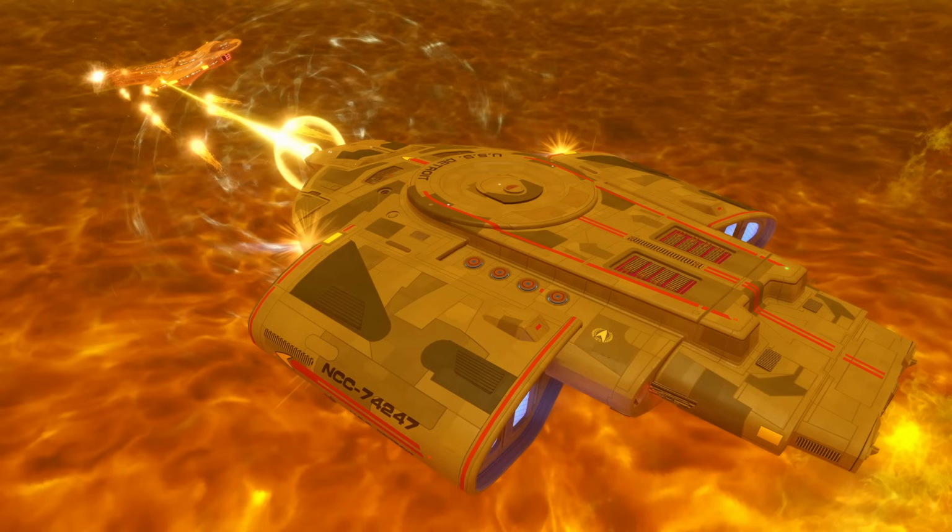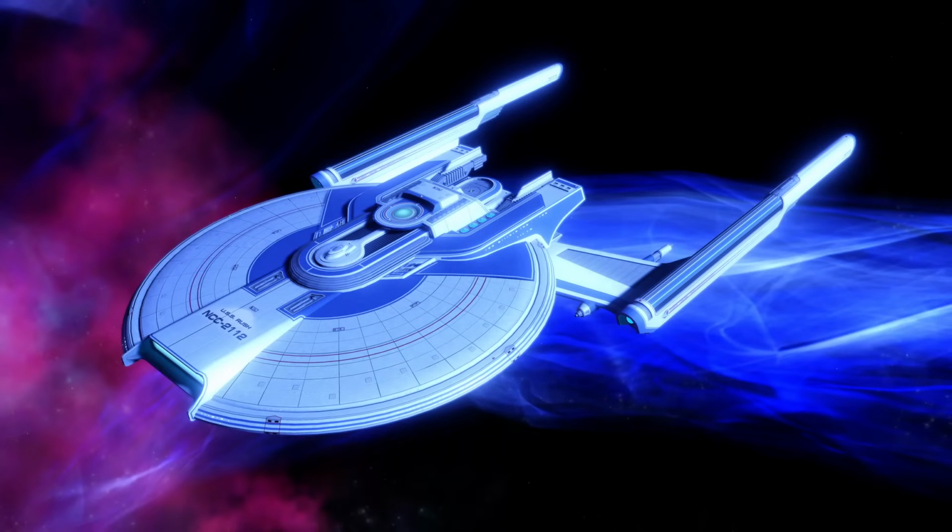Because 47, classic Star Trek meme number. But sometimes that doesn't fit, so I'll have to change the last two numbers to something else, but you get my idea. Though if it's a 5-digit registry number, I think you can get away with changing the last 3 numbers if you prefer. Now, if this is meant to be an original class of ship, then you're probably going